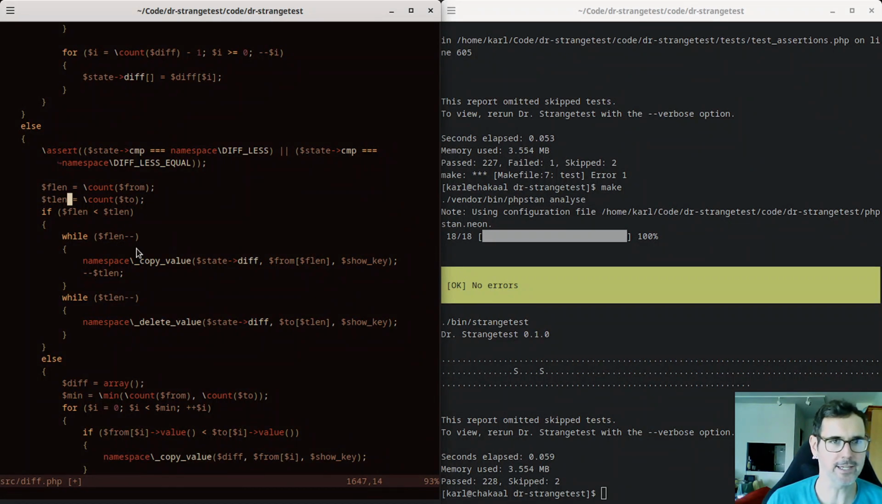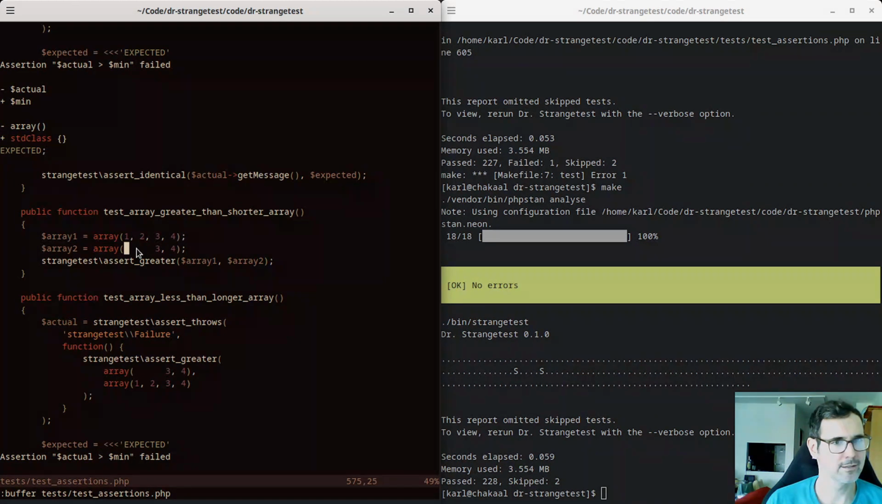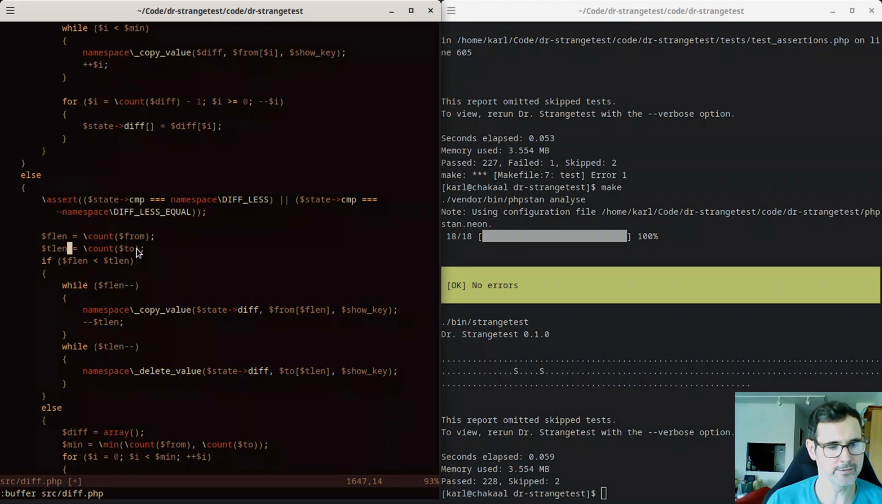So now what we said, an array is always less than a longer array. That is what we said. So in this case,